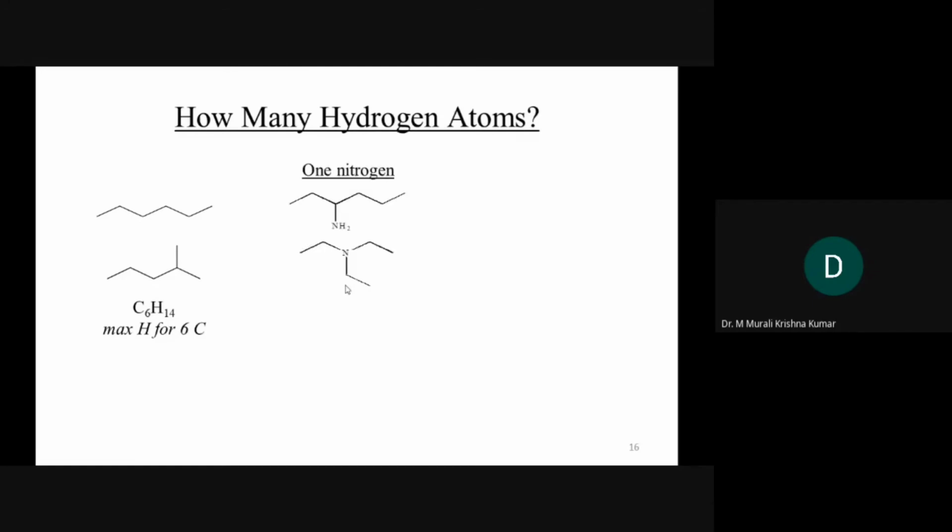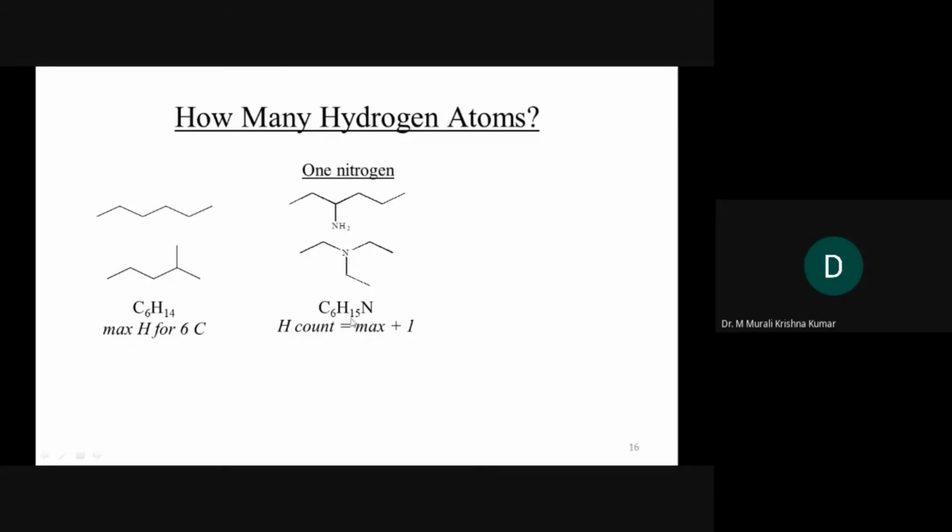Next one is nitrogen. Whenever nitrogen is there, the hydrogen count increases by 1, because nitrogen can take in 3 hydrogens, as it is trivalent. So it is taking in 2 hydrogens, because if you take, let's say, CH2, one hydrogen is replaced by NH2. N is already carrying 2 hydrogens, so that is the problem. That's the reason why we always get +1.